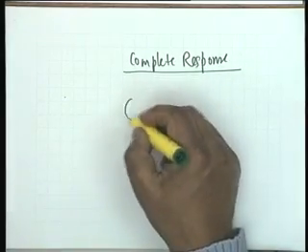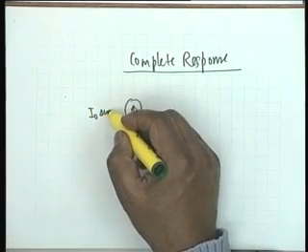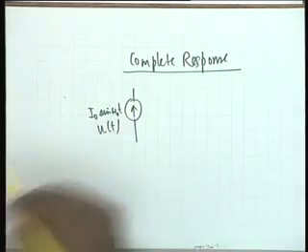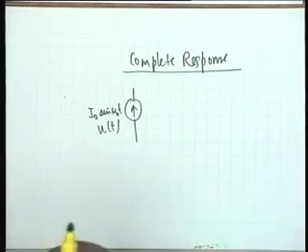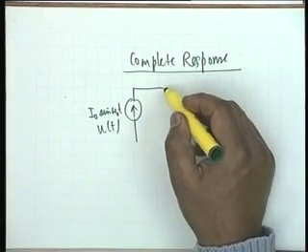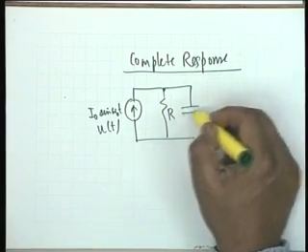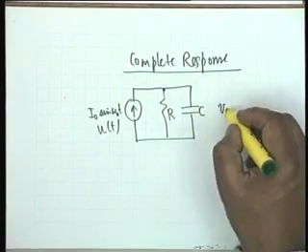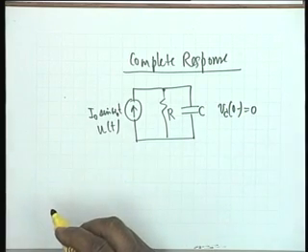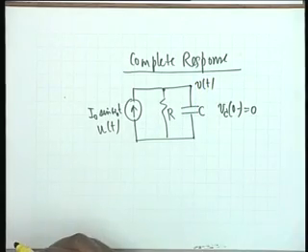So, we will take two examples to illustrate how we derive complete response, and both of them would be interesting. Suppose I have I0 sin(omega 0 t) u(t). Now, we are not finding the steady state response, we had found that earlier, we want to find out the complete response now, and this is applied across a combination of a resistance and a capacitance with V sub c 0 minus equal to 0. We have already found out the steady state response for v(t), we have already found that out.